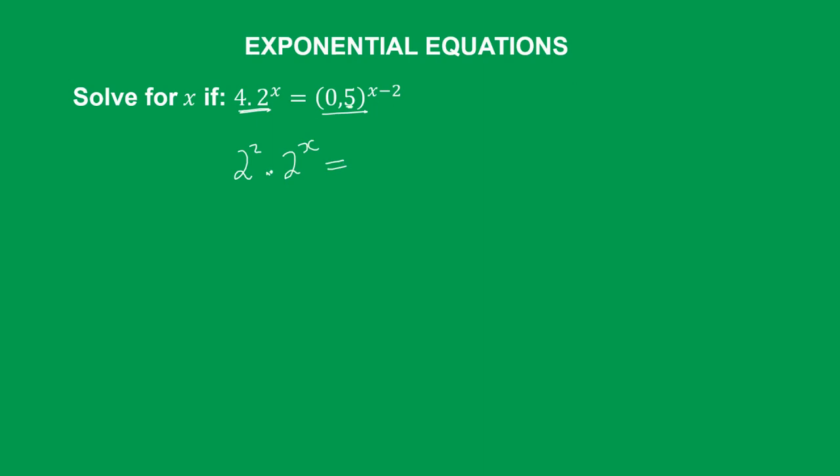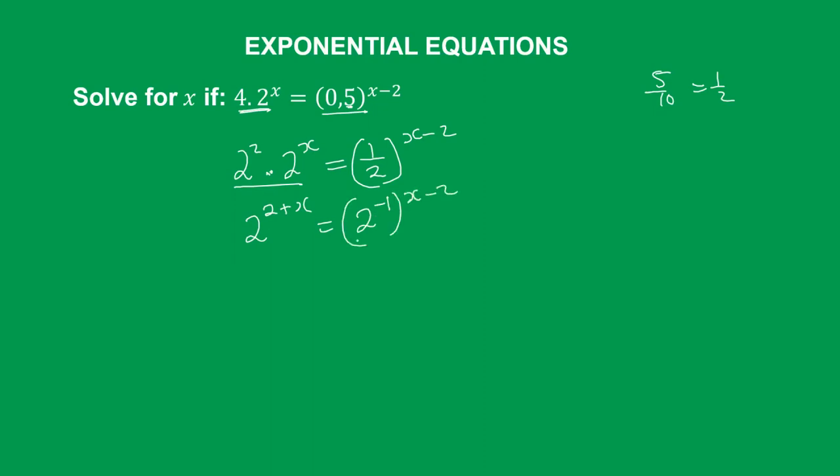I said that there's one decimal place here, so it's 5 over 10, isn't it? Which is 1 over 2. So this is like 1 over 2 to the power x minus 2. Here we're multiplying powers with the same base, so we add exponents. So it's 2 to the power 2 plus x is equal to 2 to the power negative 1, and then